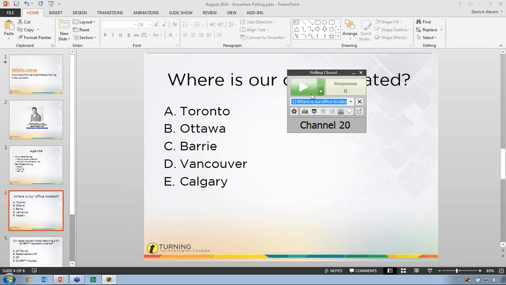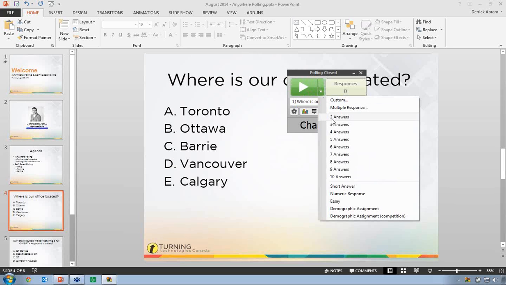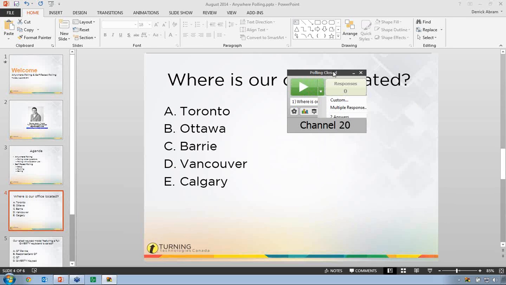Now you're going to notice here that it looks the same with one additional piece of information. I have this little drop-down menu, and it shows the questions that I've pre-built in my question list. So now Turning Point knows exactly what my questions are, exactly what the correct answers are, and how many answer choices there are. So I no longer need to click my little quick poll button and say, oh, there's 5 answer choices here.